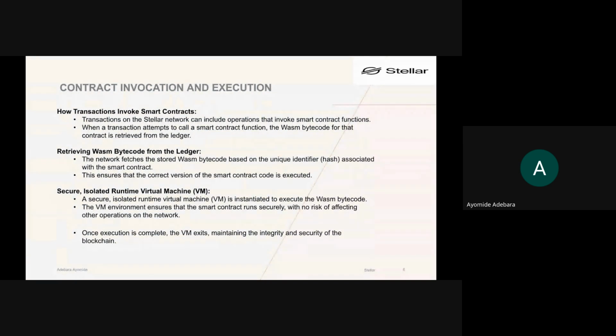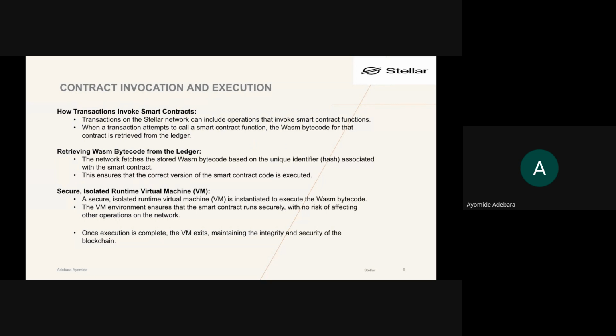Retrieving WASM bytecode from the ledger. The network fetches the stored WASM bytecode based on the unique identifier associated with the smart contract. And this ensures the correct version of the smart contract is executed. Like I said, imagine that I cloned Divine's code base. I could change something different in that code base and deploy again.